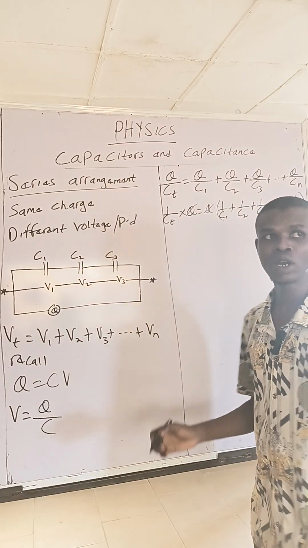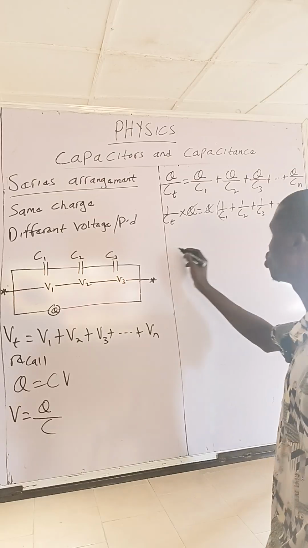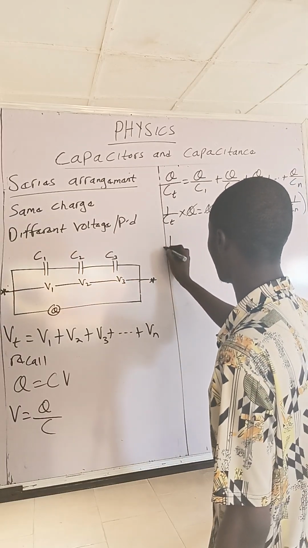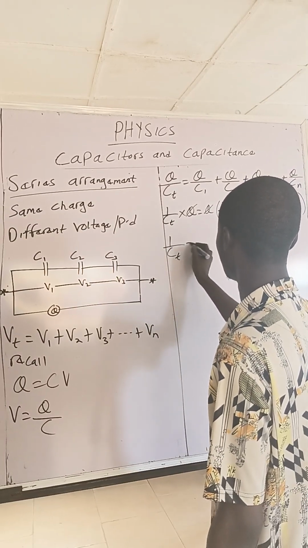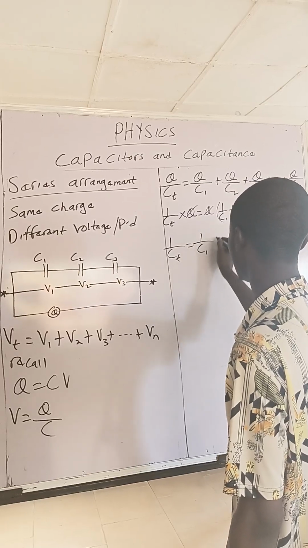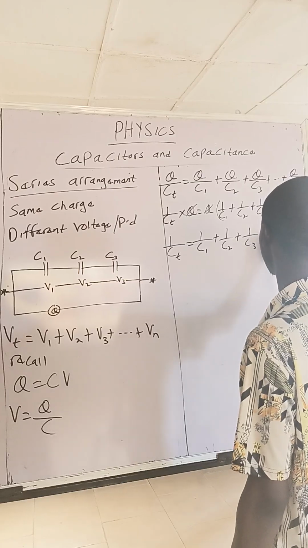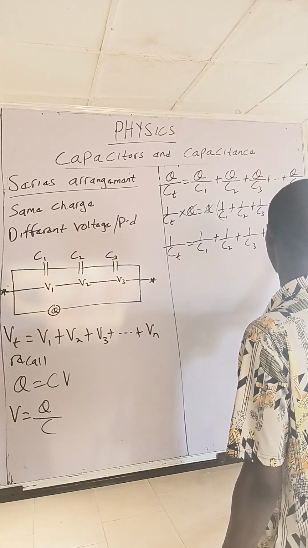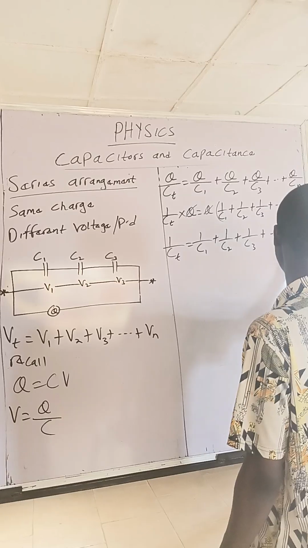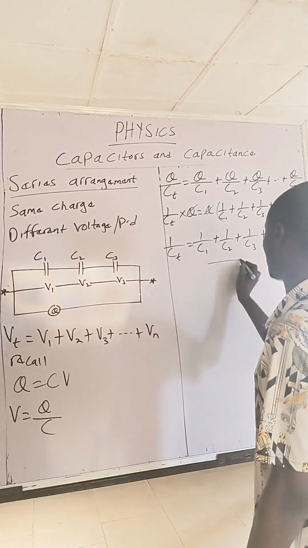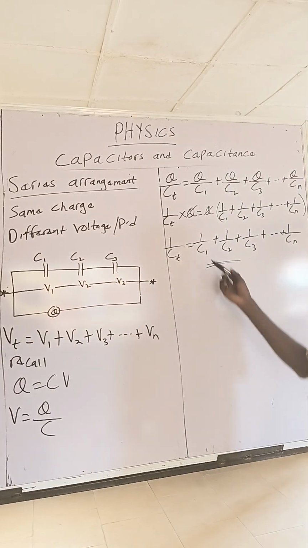I can say this my Q, can eliminate this Q. So I can say 1 over C total equals 1 over C1 plus 1 over C2 plus 1 over C3 up to 1 over Cn, as you can see. So it's just different from